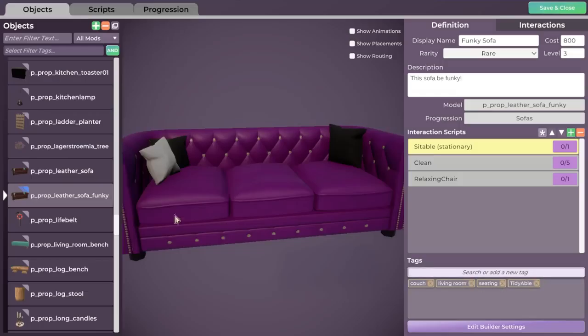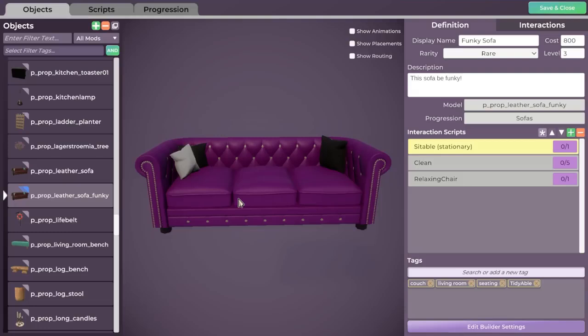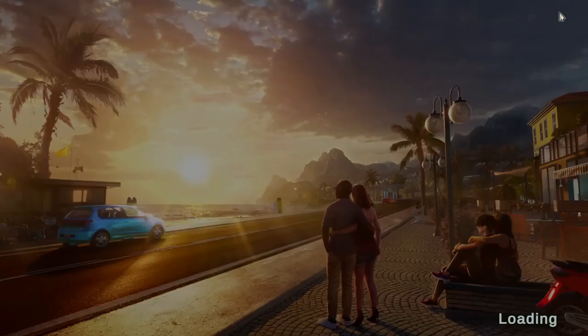we are now ready to go. So this object has now been totally set up. As long as it has a model, a display name, a progression, and it actually doesn't need any interaction scripts, but that will of course mean we can't do anything to it. But this is now totally ready to go, so we can save and close, and then go and load it